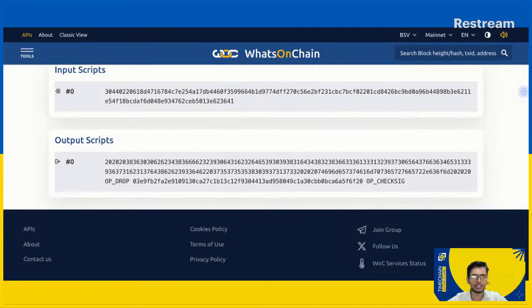UTXO is the most important term that we want to convey as part of this session. If you understand this, you will be able to understand where the bitcoins are actually held, because all the current bitcoins, or any coin based on the UTXO model, are always held in the current UTXO set, which is a small set of outputs that are currently not spent, unspent transaction outputs, holding all the world's bitcoins, you can say.